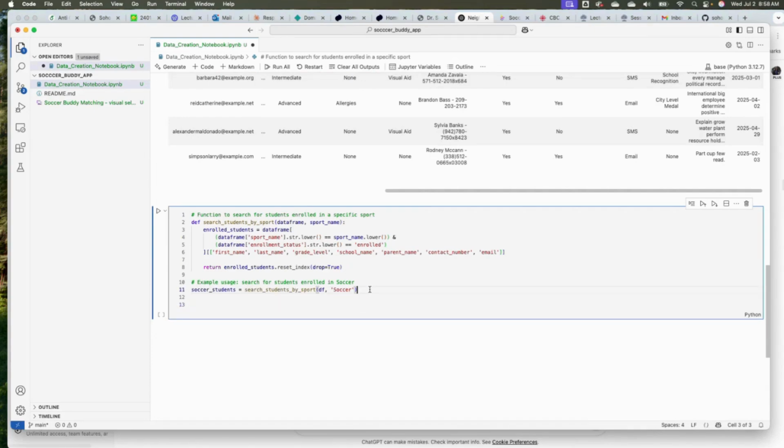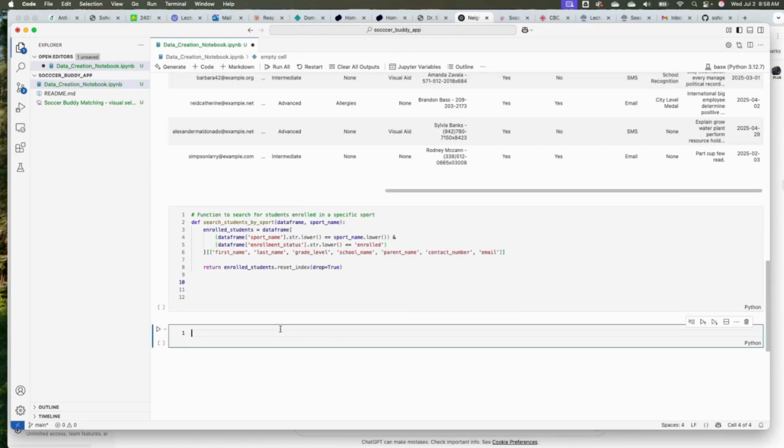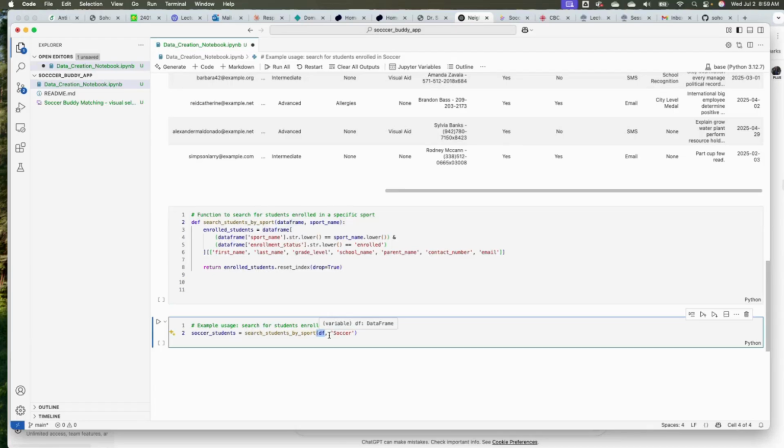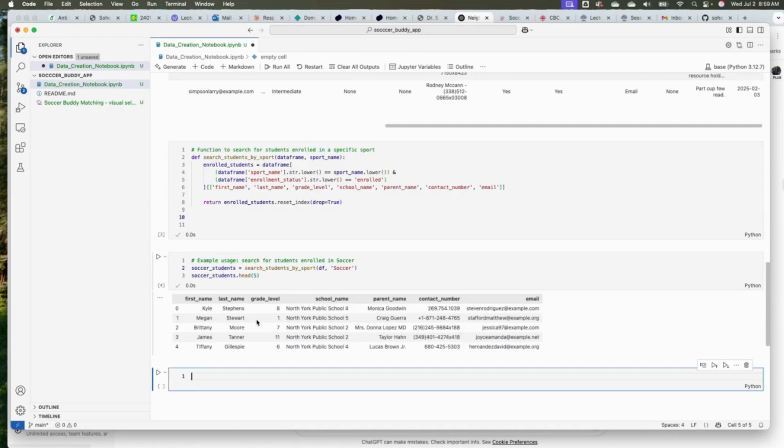So what I am going to do is put it here. What is happening here is the function definition. I'm passing the data and the sport's name which I'm calling here. So I'm passing the database and what game I'm looking for, and then it will show me who are interested. So soccer.head 5. If I run this function and then call it, you can see these are the kids, the 5 kids, because I put 5,